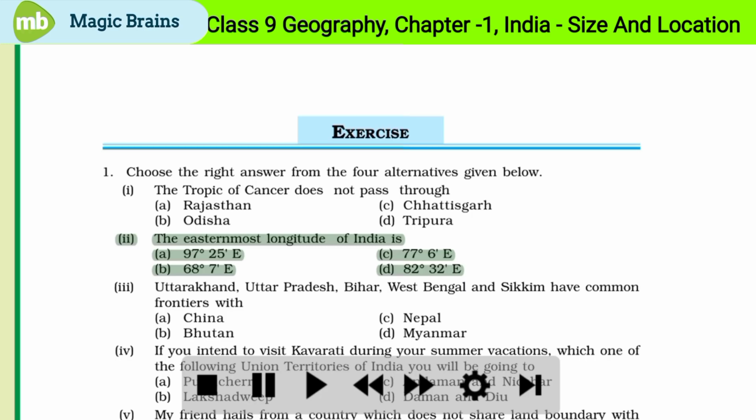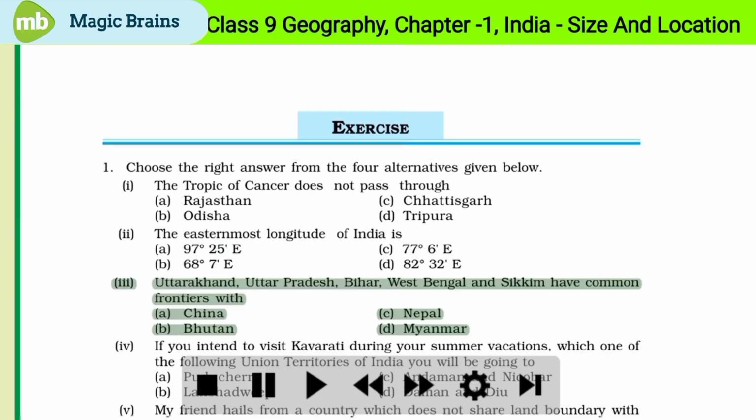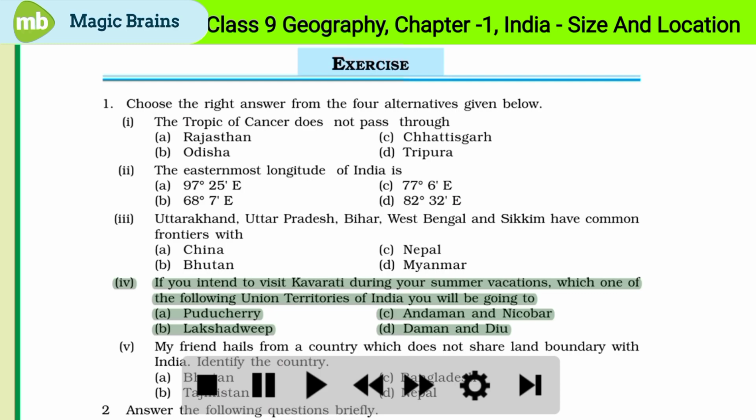97 degree 25 minutes east, B. 68 degree 7 minutes east, C. 77 degree 6 minutes east, or D. 82 degree 32 minutes east. 3 of 1. Uttarakhand, Uttar Pradesh, Bihar, West Bengal and Sikkim have common frontiers with A. China, B. Bhutan, C. Nepal, or D. Myanmar. 4 of 1. If you intend to visit Kavaratti during your summer vacations, which one of the following Union